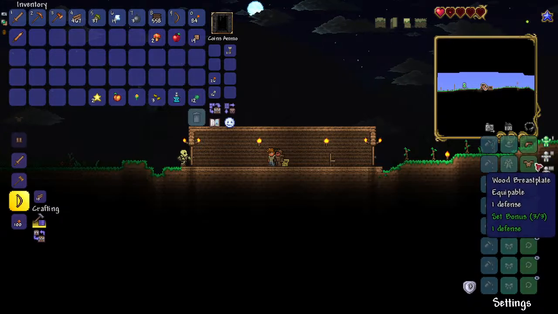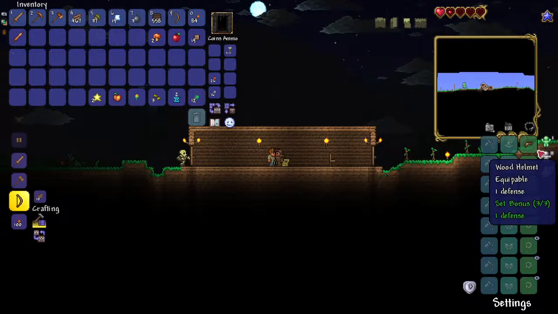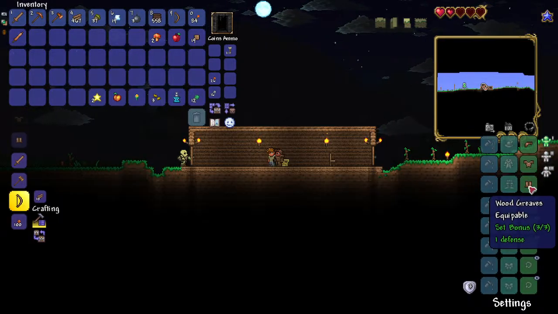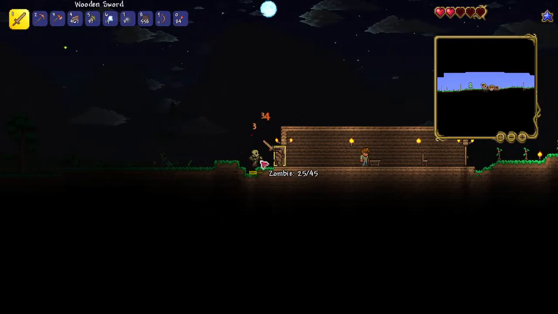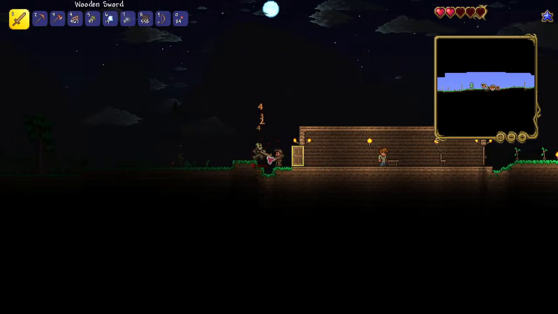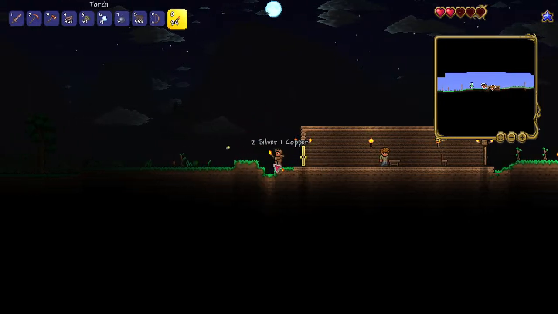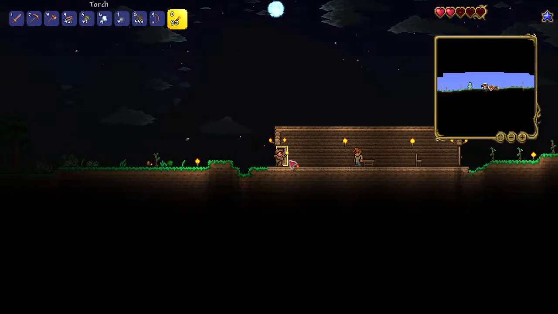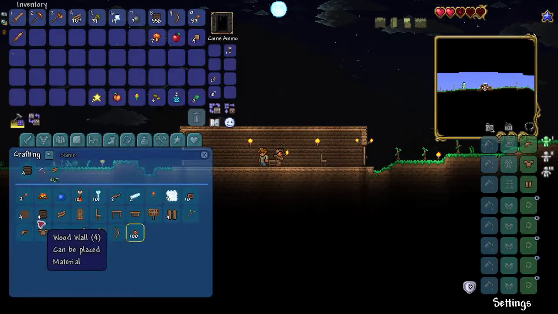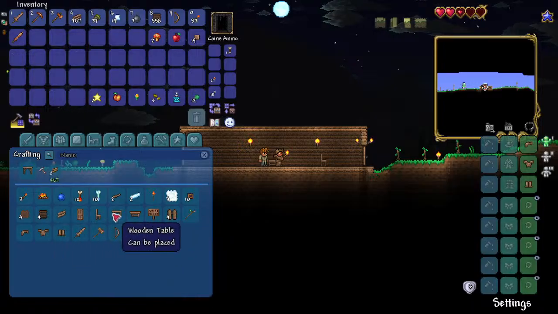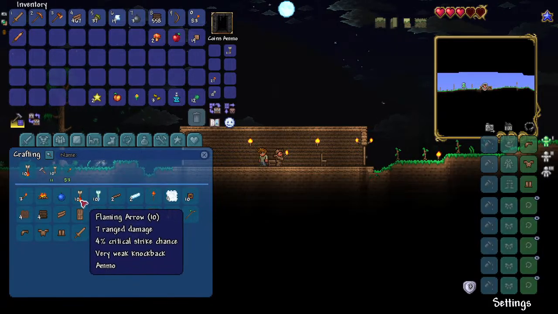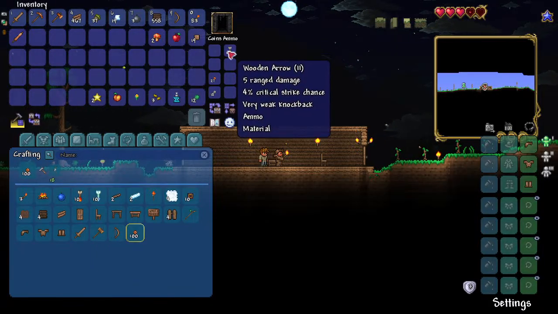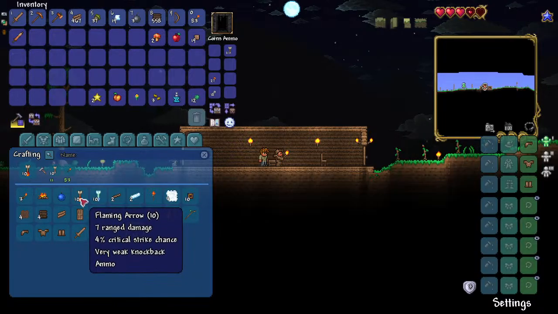Oh, they actually have the set bonus in green now. Yeah, that's a new thing. I haven't seen that before. It's convenient. So I built a bow, but I still don't have any arrows to use it with, unfortunately. I'm actually not sure when you can start making a yo-yo or anything. I don't know if you can even make a boomerang. So it looks like I have a few arrows, but not many. I can change them with